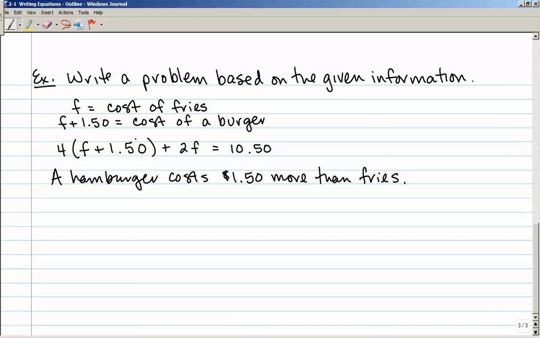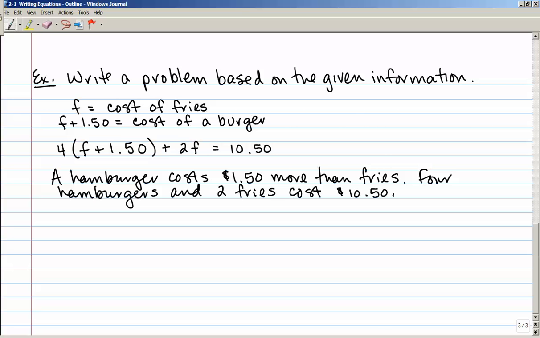Well, f plus 1.50 here is the cost of a hamburger. So basically what I'm saying here is 4 hamburgers plus 2 fries cost $10.50. So I'm going to say 4 hamburgers and 2 fries cost